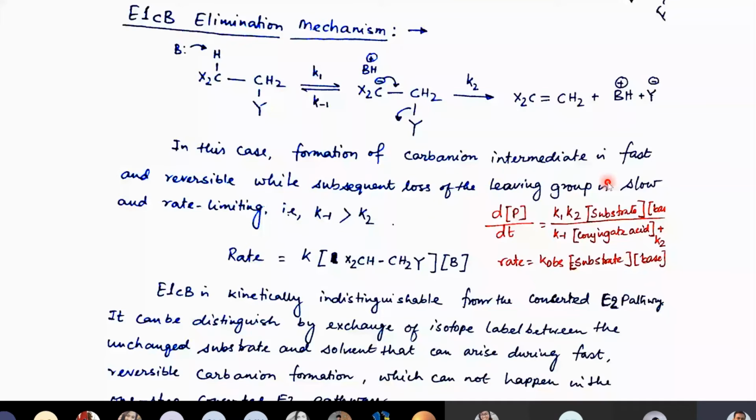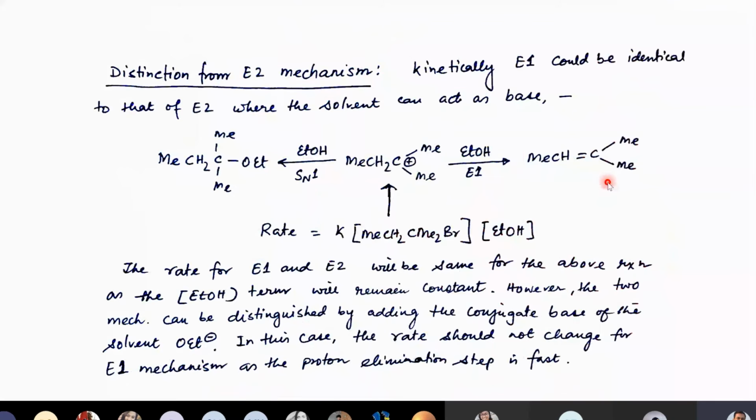Okay, so that is about E1. So remember this experimental evidence. How do you prove a mechanism for an unknown reaction? You would vary the basicity of the base that is added, and you will see whether the reaction rate increases or decreases. That is one of the experimental pieces of evidence to prove E1 compared to E2. Okay, we'll have all the experimental evidence for the three mechanisms.